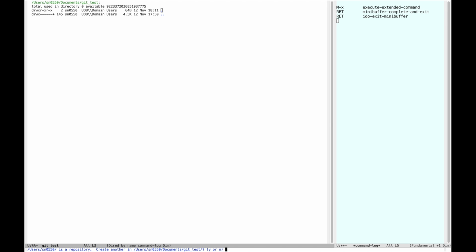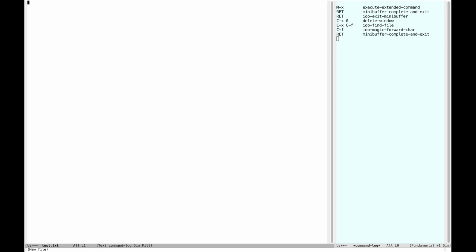So I'm going to create here a repo, and you can see you get the Git in the beginning there as dark grey. Here we have an Emacs Dired window, which is a bit like a file browser, but it's based on the Linux ls command. Now just making a test file, and I'm adding line 1 and line 2. Saving that,